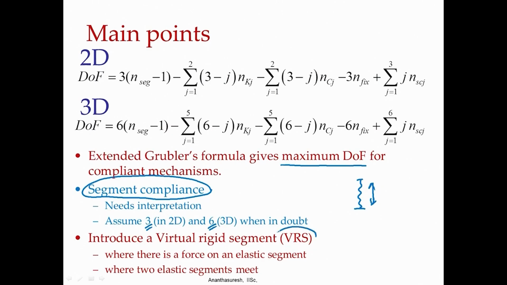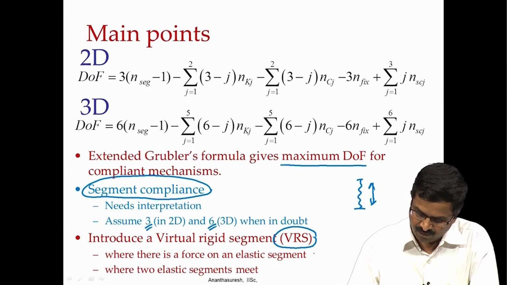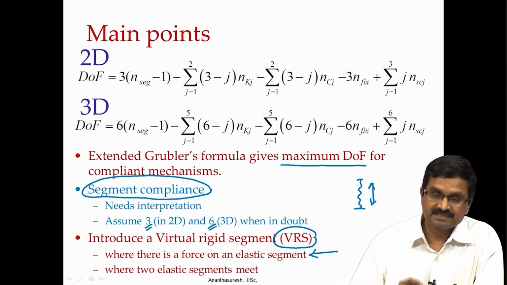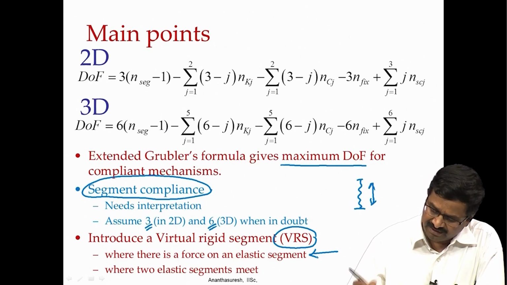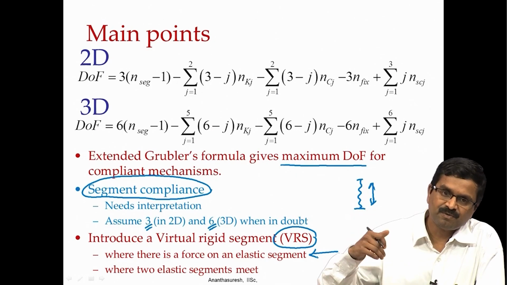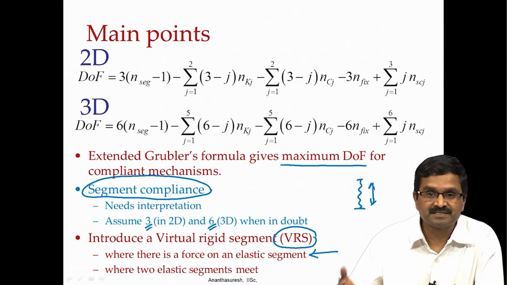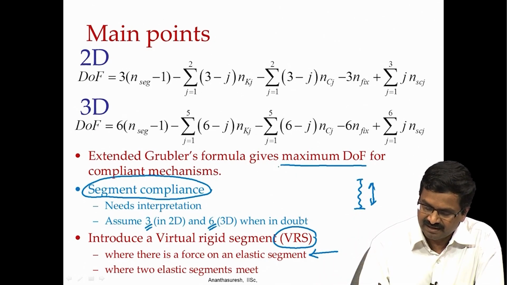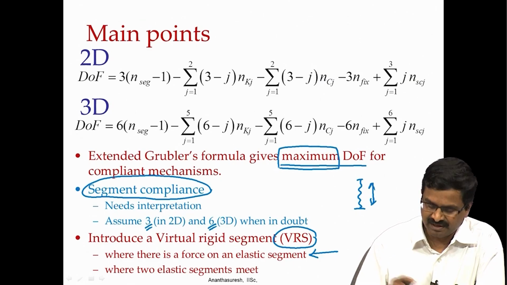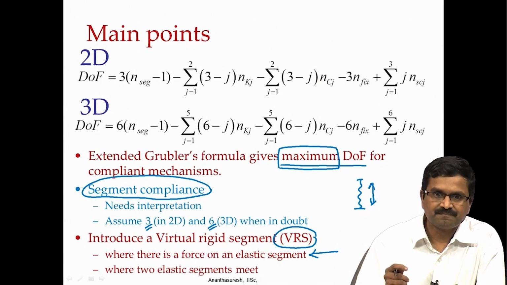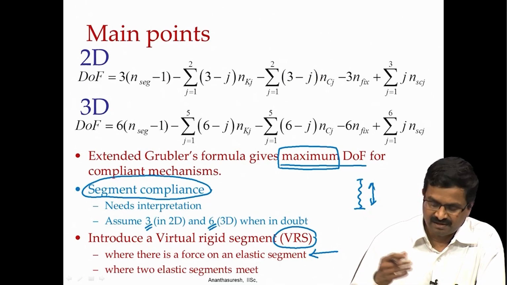Next important concept to note is this virtual rigid segment. That also has two conditions. One is that whenever there is a force or a moment, introduce the virtual segment. If we can apply a force on an elastic segment, then you can apply a force in the other direction as well as a moment. The degrees of freedom exist, but you are not exercising them. You do not have to, because again the formula gives you the maximum degrees of freedom possible for a compliant mechanism. Okay. So, having a VRS at a point where there is a force or a moment enables you to